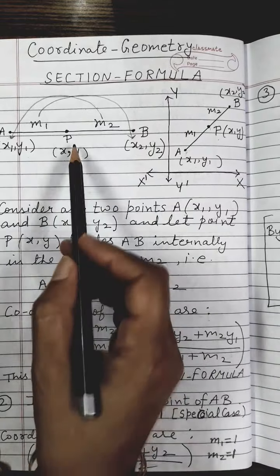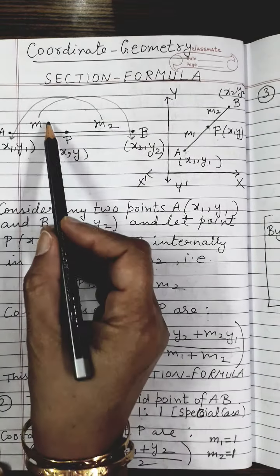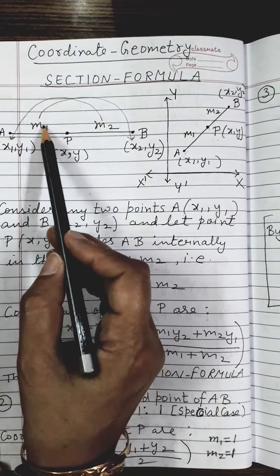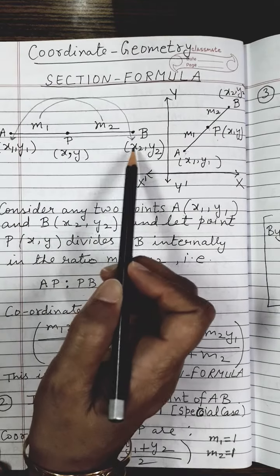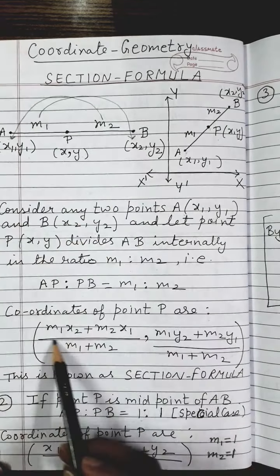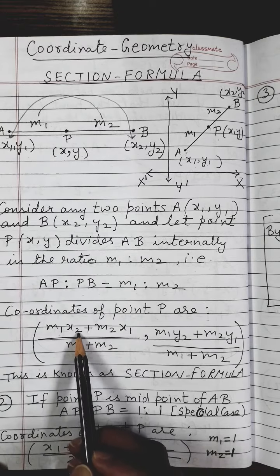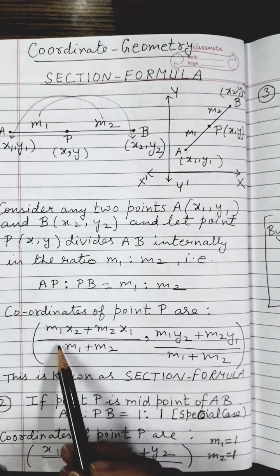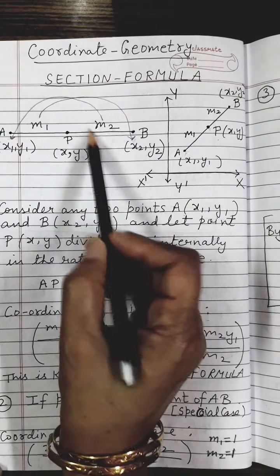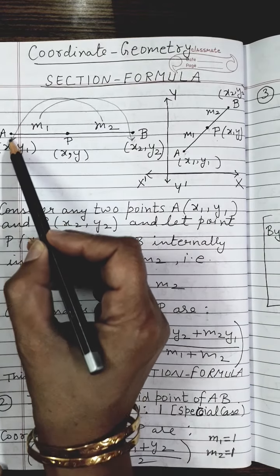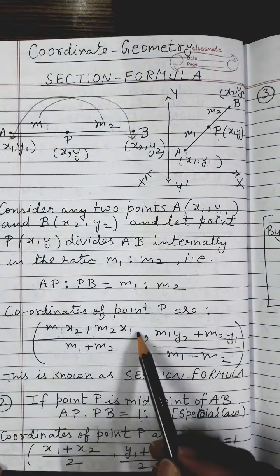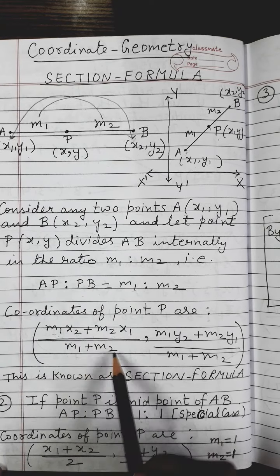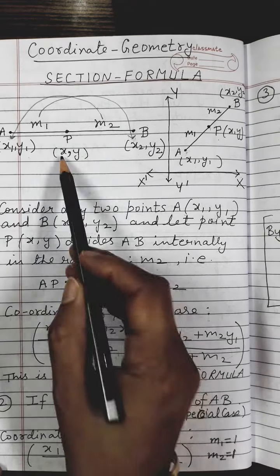Now what you have to do in order to find the x coordinate of point P, consider this m1 multiplied with the far away coordinate. Look here, the x1 coordinate is near to m1 and x2 coordinate is far away from m1. So as you can see in the formula, m1 is getting multiplied with the far away coordinate. So m1 is getting multiplied with x2. So m1 into x2 plus now come to m2. m2 is getting multiplied with the far away coordinate x1. So m2 into x1. And of course in the denominator you will add up these two ratio terms m1 plus m2. This is for the x coordinate of point P.